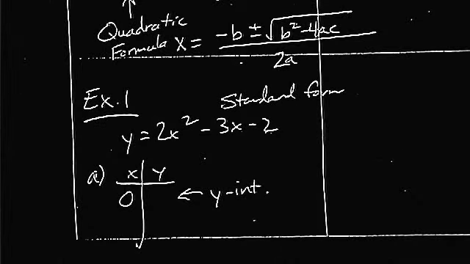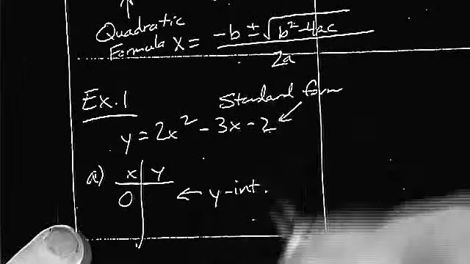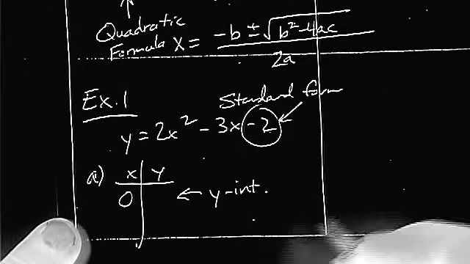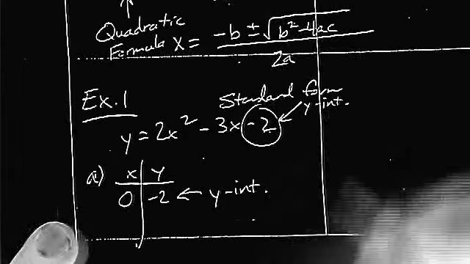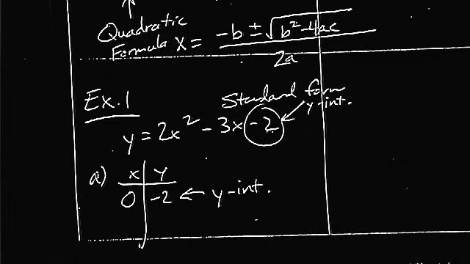When you see it in standard form like that, look at that. Right down here on the end is the y-intercept. That's what we call the y-intercept. Now that's only if it's in standard form. If you see it in vertex form, don't try that trick at home or anywhere else, because now it's always